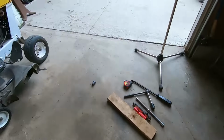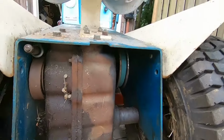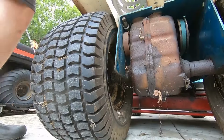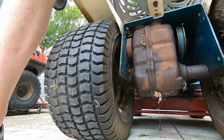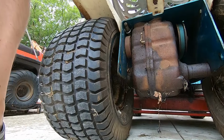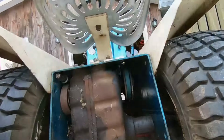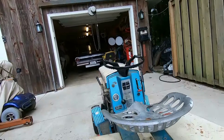All right, let's pick some of this stuff up and get that deck off. So there's the band right there. Man. It just really grabs it. All right, look at all the crud on this thing. I got to get the pressure washer to it and make it look